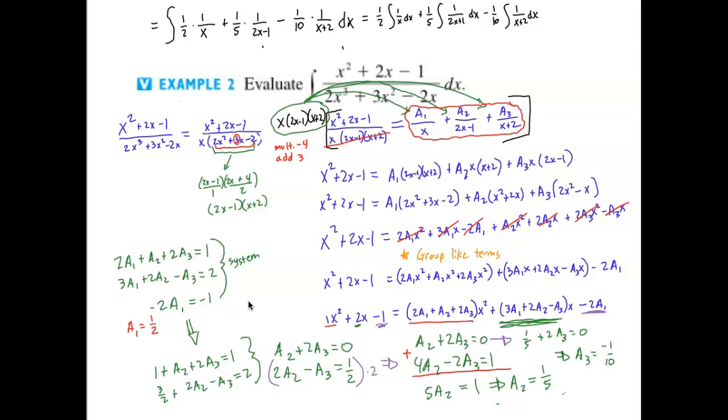And now you can actually solve those. You know that 1 over x is, so this is going to be final answer, 1/2 natural log absolute value x